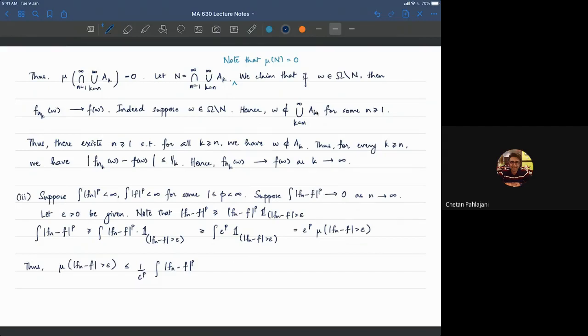And right, in convergence in measure, you say let epsilon greater than 0 be given. Now prove something. So epsilon greater than 0 has been given, so epsilon greater than 0 is fixed. And now you look at the right side, this certainly goes to 0 as n goes to infinity. And so you're done. So mu of absolute value of f_n minus f greater than epsilon does go to 0 as n goes to infinity. So f_n does converge to f in measure. Any questions with this? All right. There are a couple of quick comments.